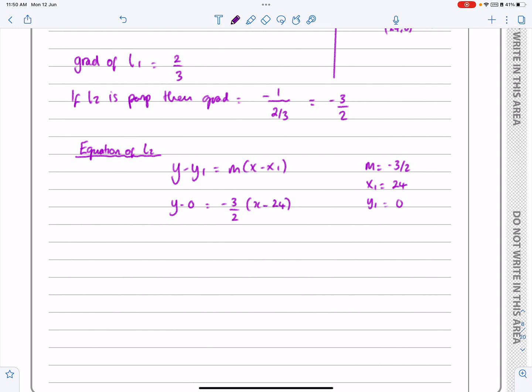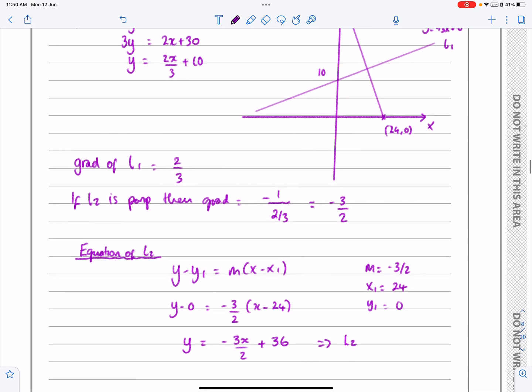Normally I'd multiply everything by 2 and then multiply out the brackets, but because we've just got y equals here, it's just as easy to multiply this bracket out this time. It's minus 3x over 2, and minus 3 over 2 times that makes plus 36. Okay, so that's L2. So if I've got L2 and L1,